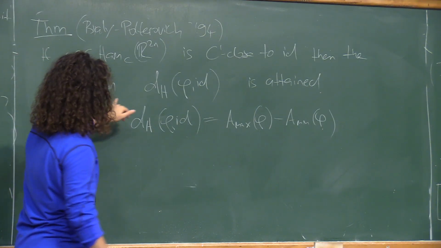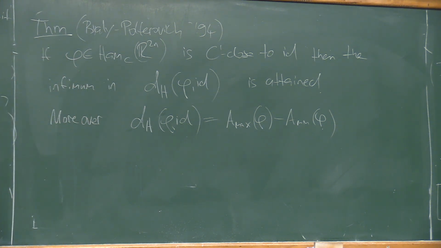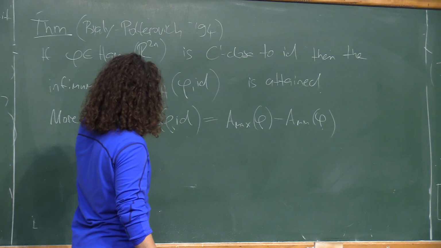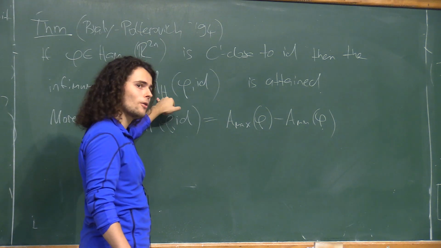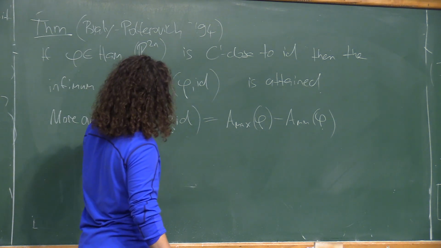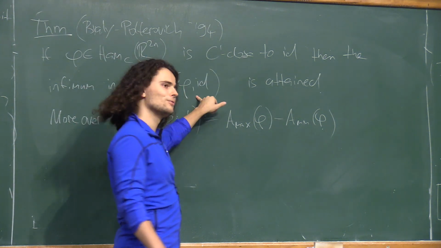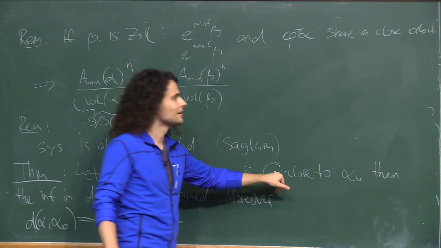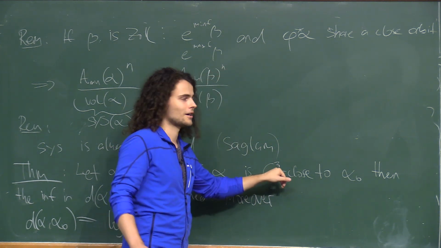Both have this C0 flavor, and we have these results. Maybe the only annoying difference is that here we have C1 close, which corresponds to C2 small Hamiltonians. For the Hamiltonian vector field, I lose one derivative, so this looks like a C2 small Hamiltonian. And now here I have C3 small, so that's annoying. Really I would want to get C2 here as well, just as in the Viterbo conjecture. We can't quite get there.